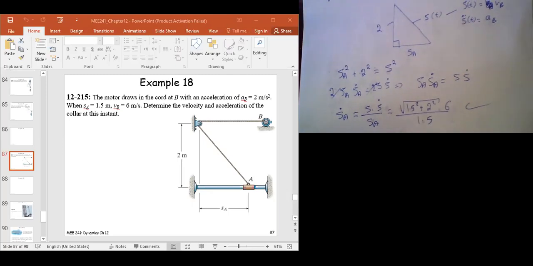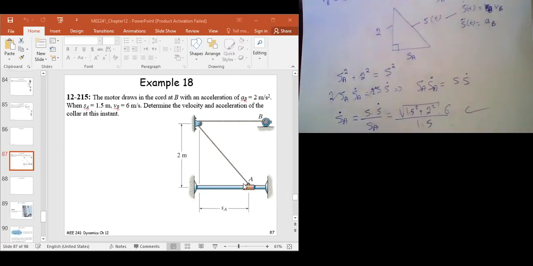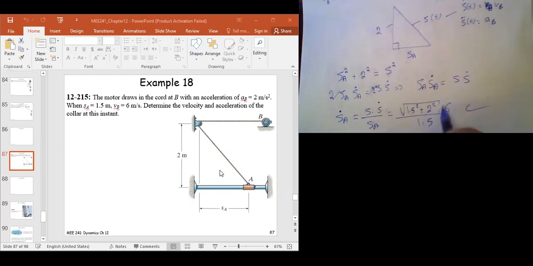S prime is the rate of change of this cable, right? So you're measuring the length of the cable, it's 2 meters, right? After an instant dt, it is like 1.9 meter. And then after an instant dt is maybe 1.8 meter. So S prime is simply the rate of change of the length, right? With respect to time. So I think here, S prime should actually be negative